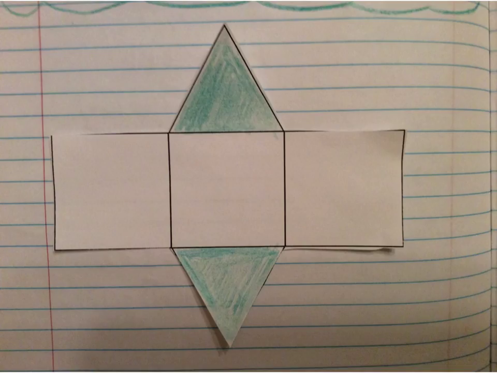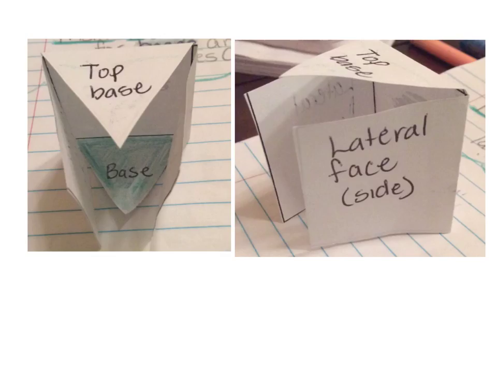Okay, I want you to grab your triangular prism, and the first thing I want you to do is I want you to fold it along these blue lines right here. Fold it right there so that it folds into a prism. Okay, so once you have folded it along the lines like I said,